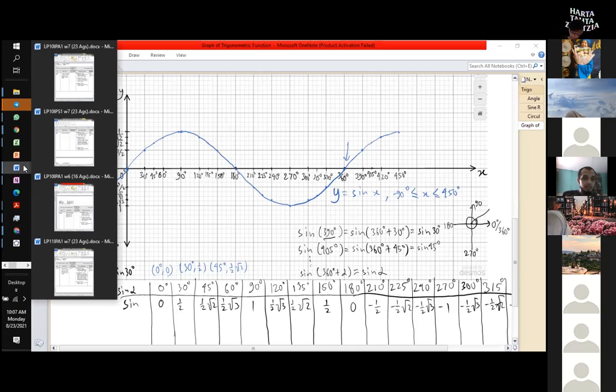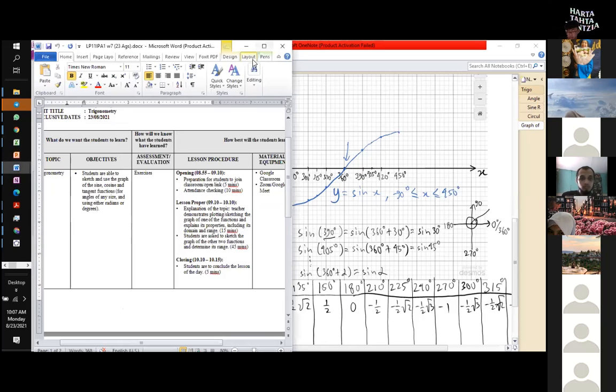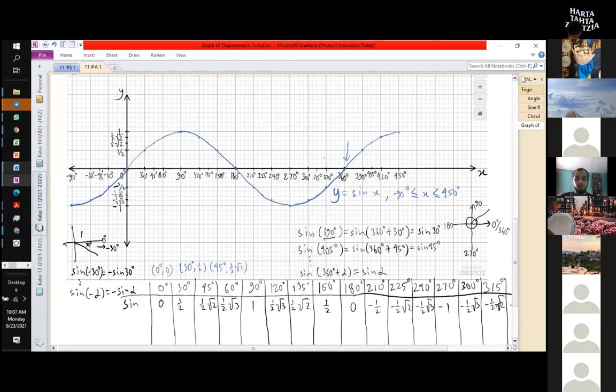Okay, sebentar saya cek dulu. Okay, domain and range sudah ya berarti. What about the domain? The domain can be anything. Usually in problems, for example in equations, the domain will be restricted.